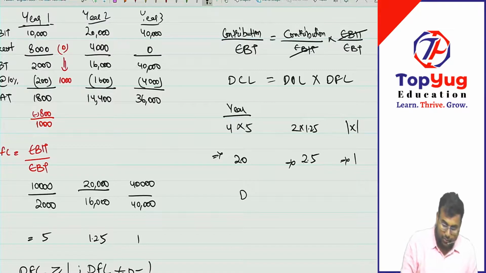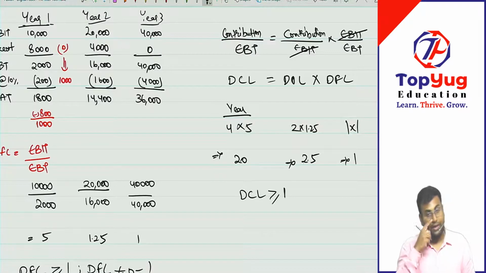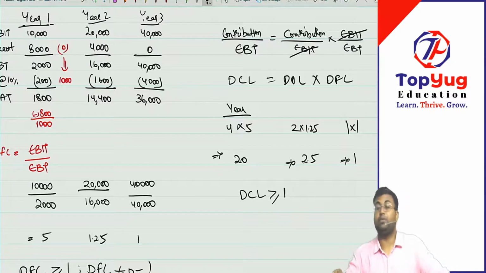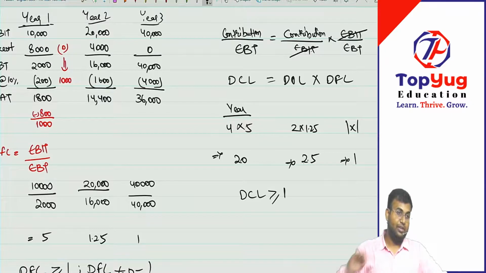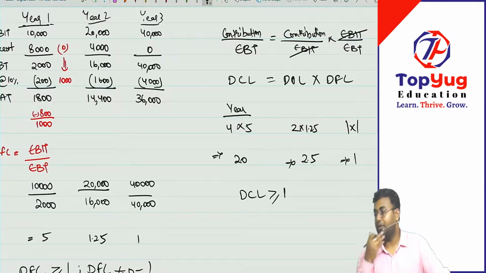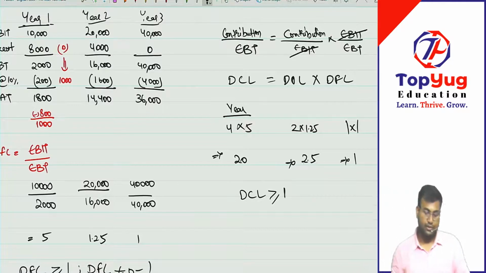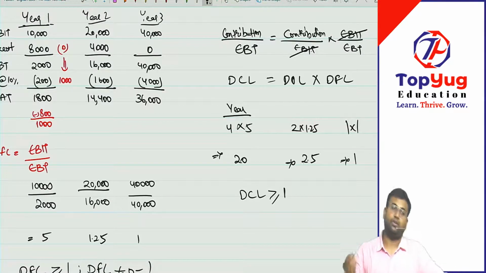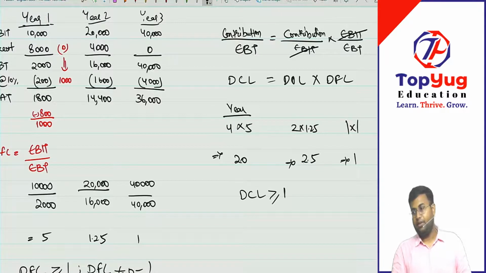DCL would be greater than or equal to 1, right? Which is next to impossible to happen. That means in a business, no fixed cost, no interest cost. 1 DCL means no fixed cost, no interest cost, right? Again, can you reduce it beyond 1, less than 1? Not possible, right? It cannot be in the range of 1, 0, 1,